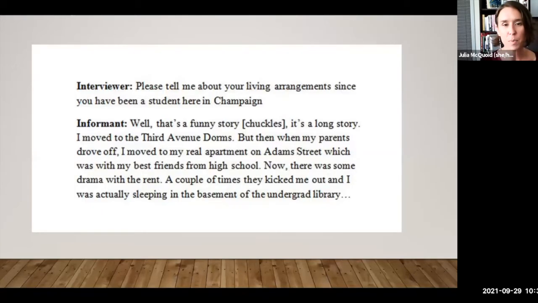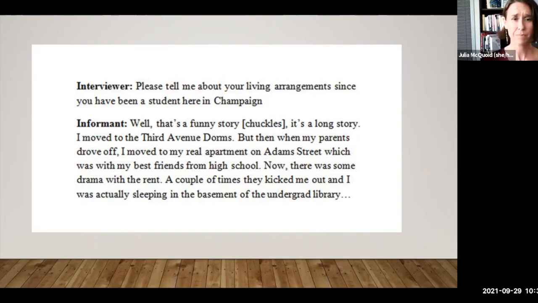All right, so this is an example of an interview transcript that Kim provided, and I love it, so I kept it. This is a question that is very open-ended: please tell me about, can you please describe, how did it happen that? These are all very open-ended questions, and the little test I do in my head really quick to make sure I'm not asking a closed-ended question is I just try to imagine the type of response a person could give. So if I say, please tell me about that, they can't say yes or no as a response, right? It's very hard for them to give a